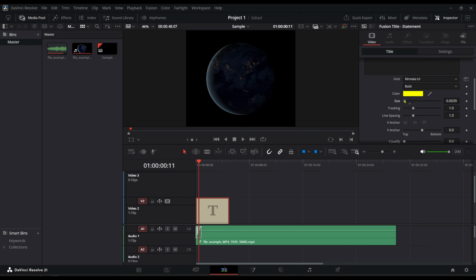And that's it. That's how to change font size in DaVinci Resolve. It's a very quick adjustment, but it can make a big difference in how professional and clear your text appears. If you're working with multiple text clips, just repeat the same process for each one, so your